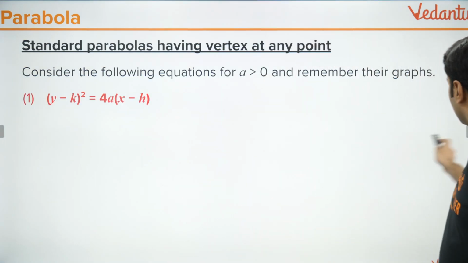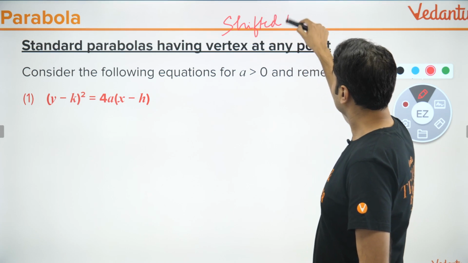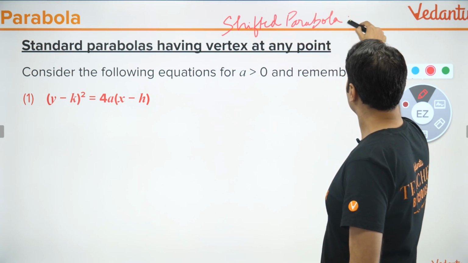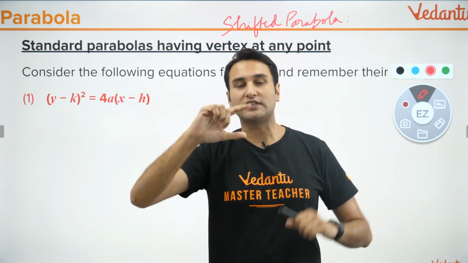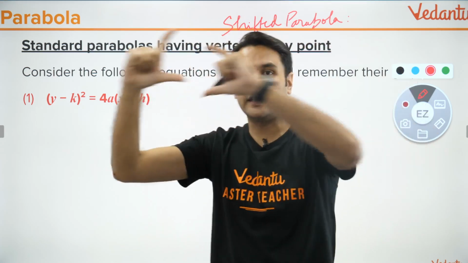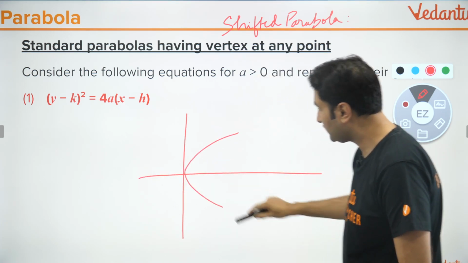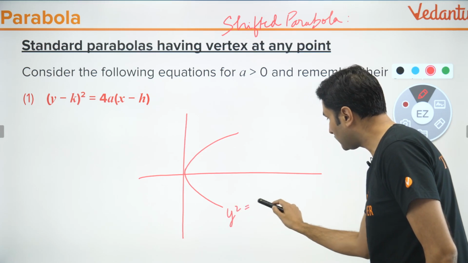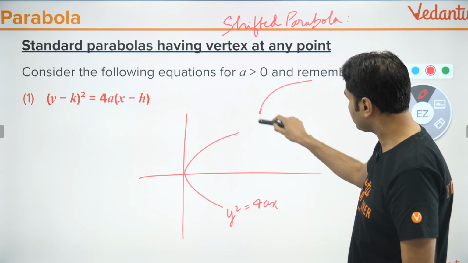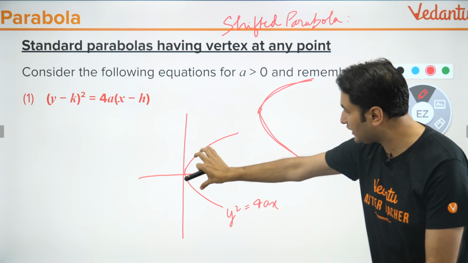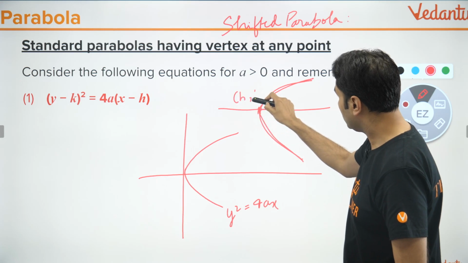So just to generalize, now this is a shifted. We are talking about shifted parabola now. Not rotated. I am not talking about rotated parabola. वो नहीं आता एग्जाम में. I am just simply talking about the standard parabolas shifted here and there. तो क्या किया अपन ने? So I had a standard parabola. I had this as a standard parabola, which was y square is equal to 4ax. इसको उठाया, I picked it up and I shifted to some other point with the same shape. Exactly picked it and put it here, right? So and this point is say h, k,